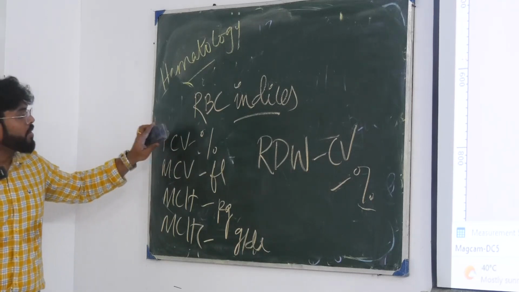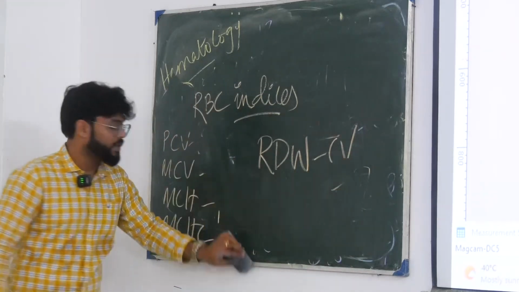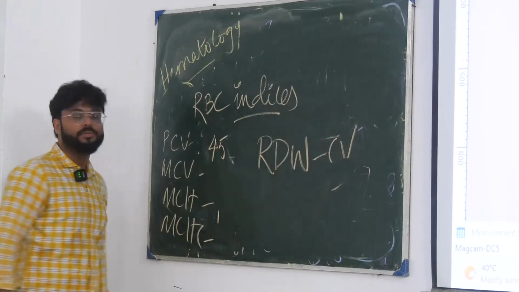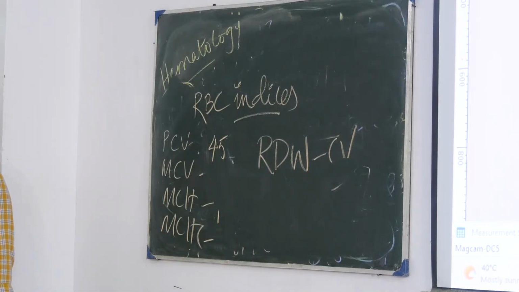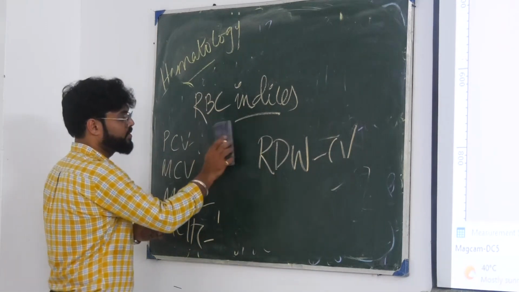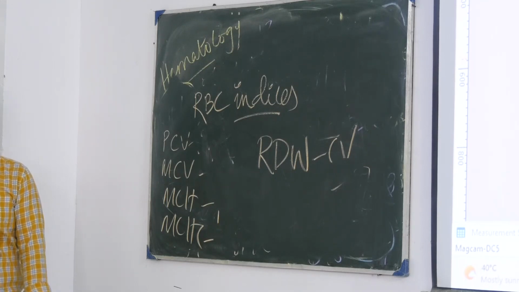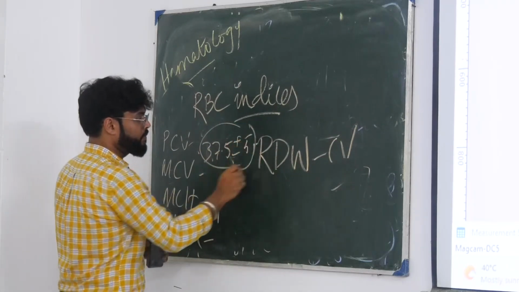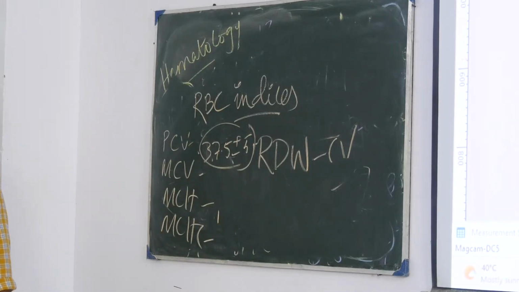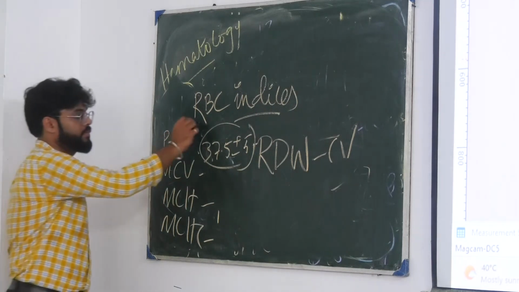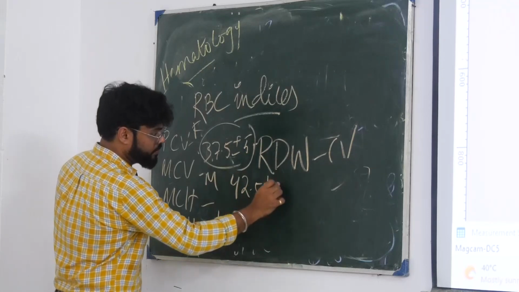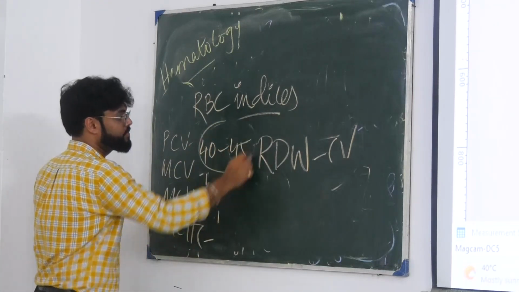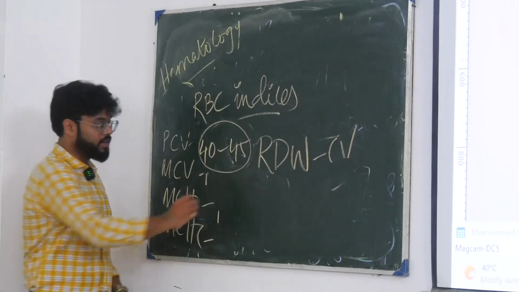ঠিক আছে। নর্মাল লেভেল, এমসিভি, পিসিভি, প্যাক্ড সেল ভলিউম 45, আর রেঞ্জ বলতে হবে। খুব সহজ, বলো বলো বলো। 37 প্লাস মাইনাস 5। এটা হচ্ছে ফিমেলের, মেলের হচ্ছে 42 প্লাস মাইনাস 5। আচ্ছা ঠিক আছে, ছাড়ো, অত কঠিন করে মনে করতে হবে না, 40 to 45 মনে রাখো অ্যাটলিস্ট। এমসিভিটা মনে রাখো, নর্মাল।